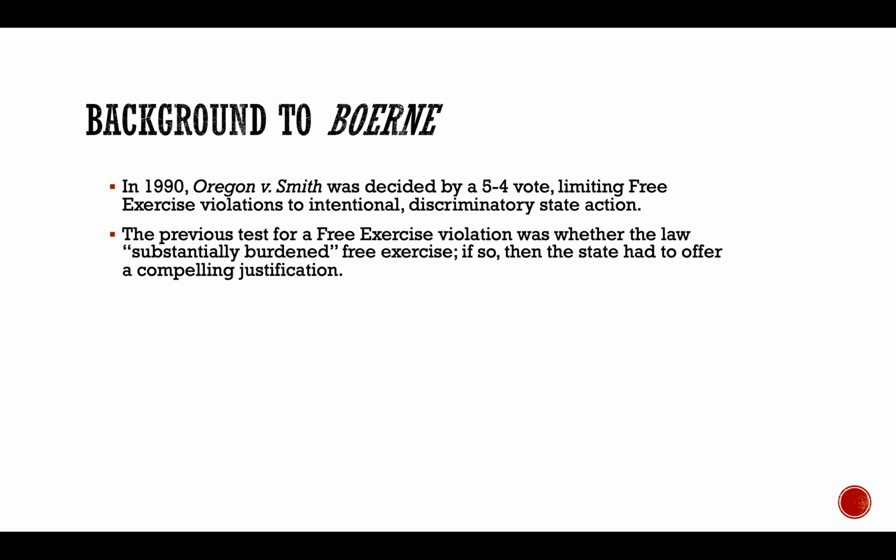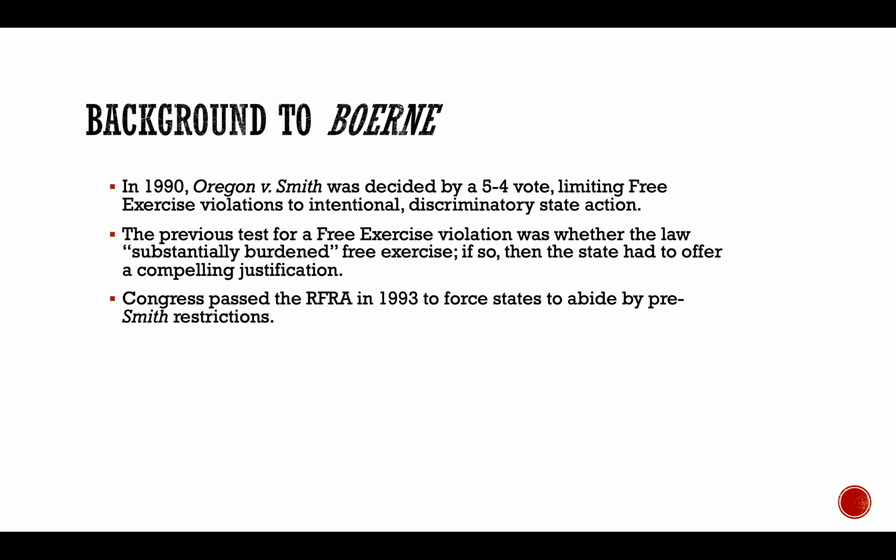So Congress dislikes this Oregon versus Smith ruling, and the ruling was interestingly universally condemned by just about every political organization at the time. So you had the right-wing religious groups teaming up with the left-wing civil liberties groups. And the result was a statute that came out of Congress that passed unanimously in the House and overwhelmingly in the Senate. And this was known as the Religious Freedom Restoration Act. The idea was to essentially undo Oregon versus Smith.